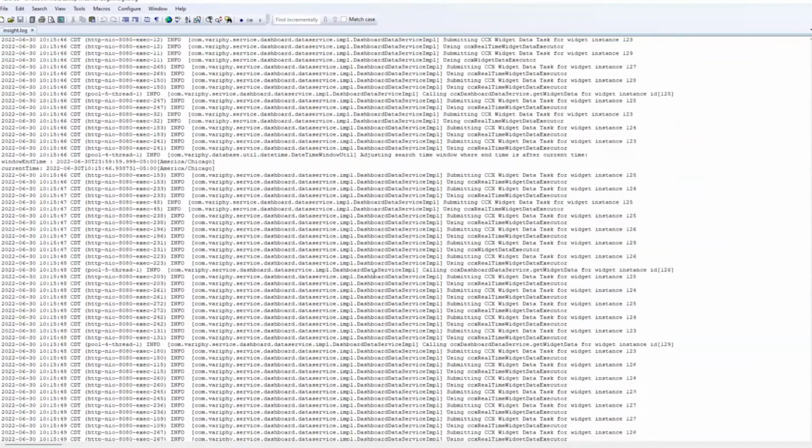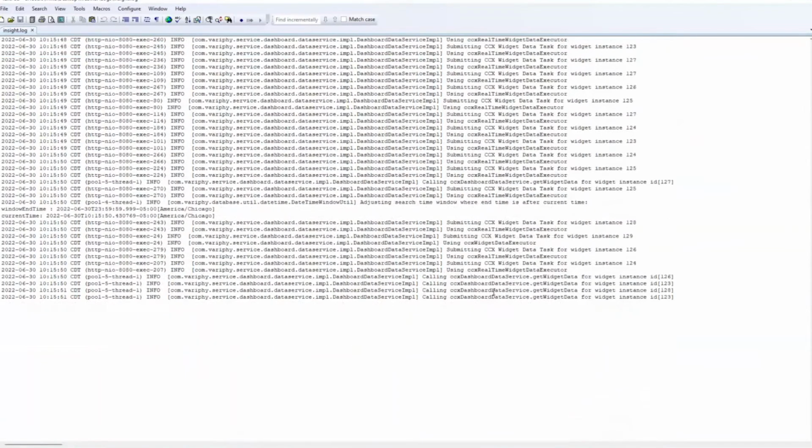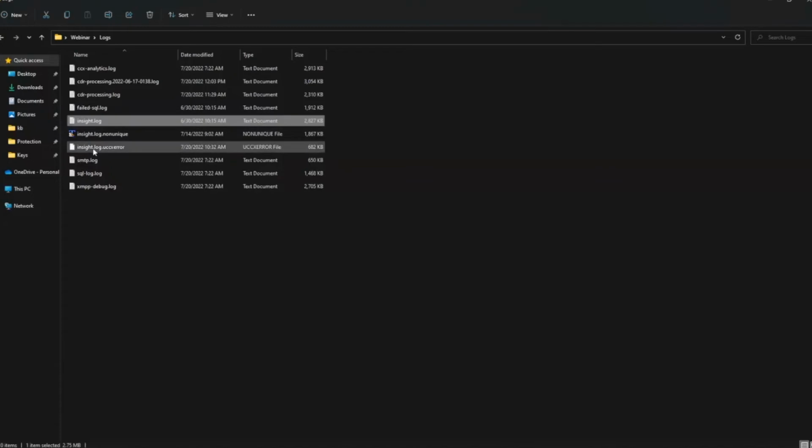If your system is moving fast, if there's a lot of activity going on, a lot of users, a lot of widgets, my best recommendation is to duplicate the error if you can, and then quickly either download the logs or jump to the logs, so you have a better chance of it being contained in the main log file. If you wait 10, 15, or even 20 minutes in a busy system, that error may not be in the current log, and you may have to dig through the different insight logs to figure out which one it is.